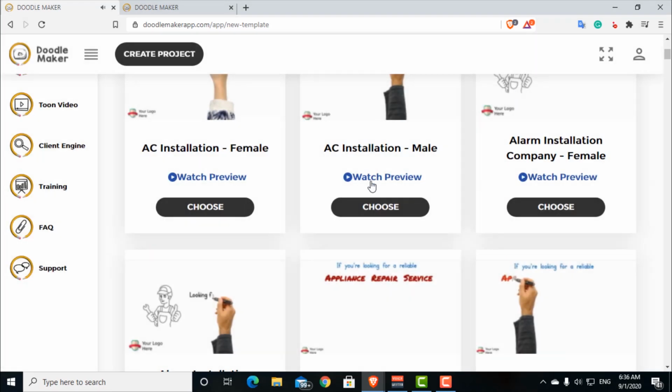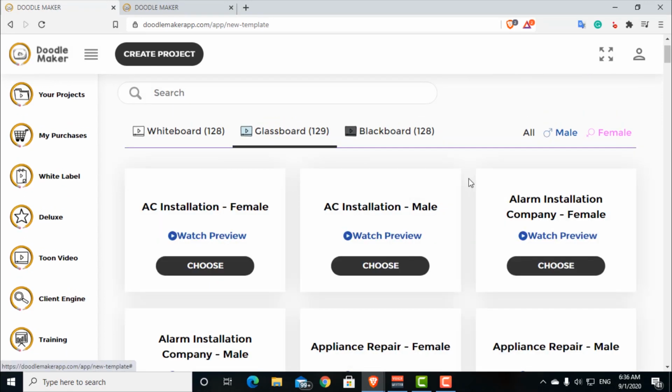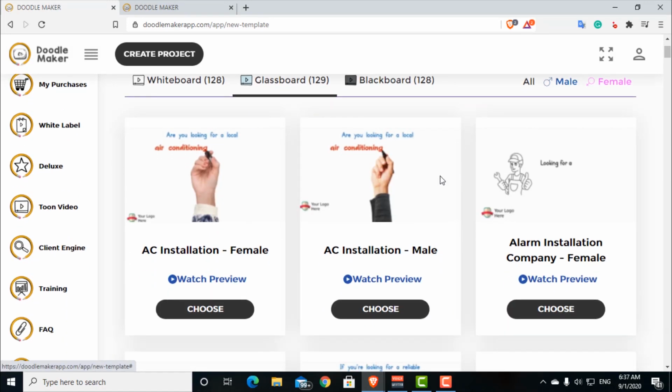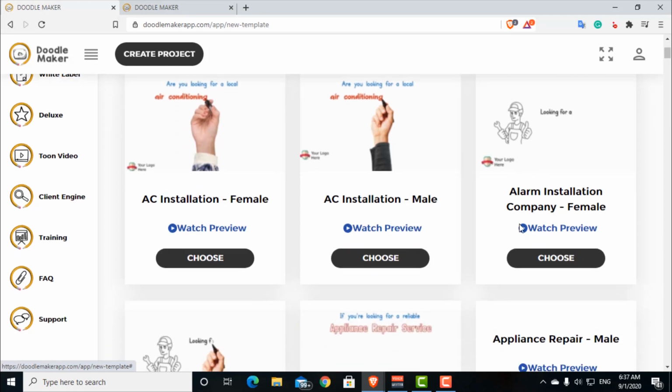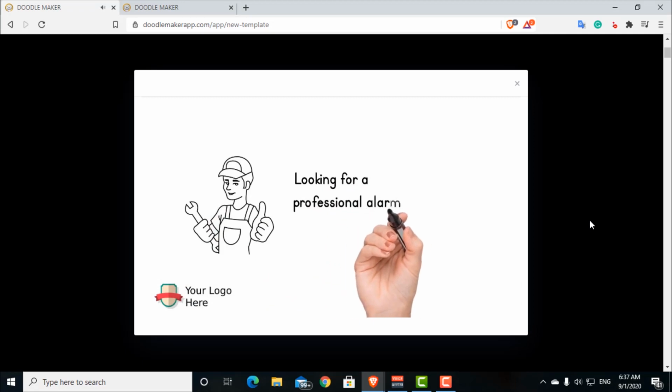So yeah, that's one of the templates. So as you can see, that's a cool looking whiteboard animation, and let's check out one glassboard animation as well to show you how it works. So let's, for example, for this one,